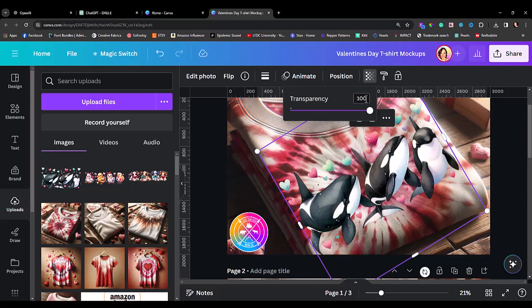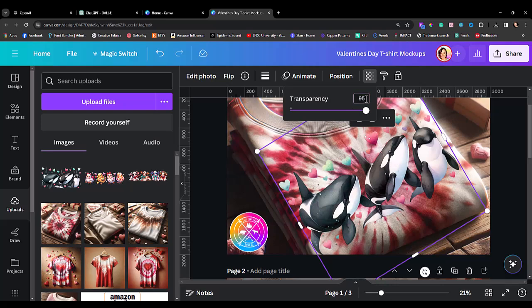You don't want to necessarily do 100 because it's unrealistic that, regardless of how they decide to press it on the shirt, whether they're using UV DTF or sublimation, they're going to get it to look exactly like this. It's just how it is. Those colors are going to be worked into the fiber, so it's going to change a bit. You want it to look more realistic, but you don't want to not sell your design. You want to be honest. If I put it at 75, I'm lying and saying you're going to get some transparent whales. So we're going to go with